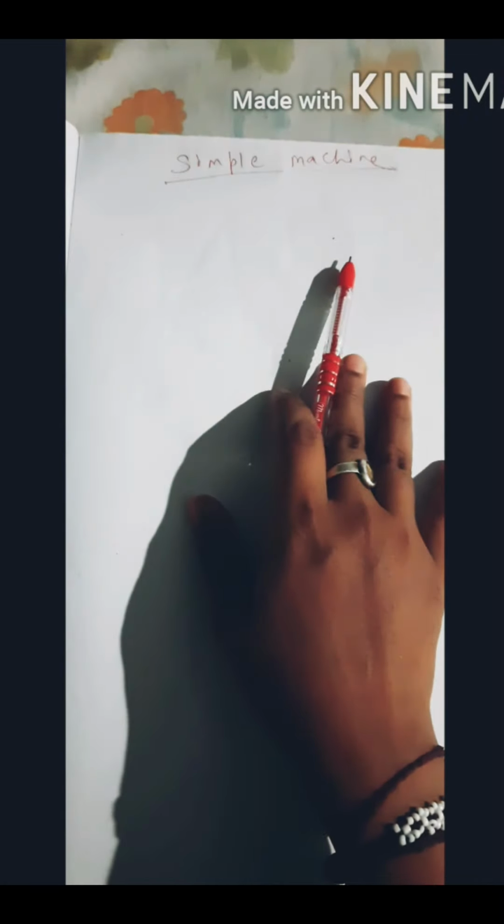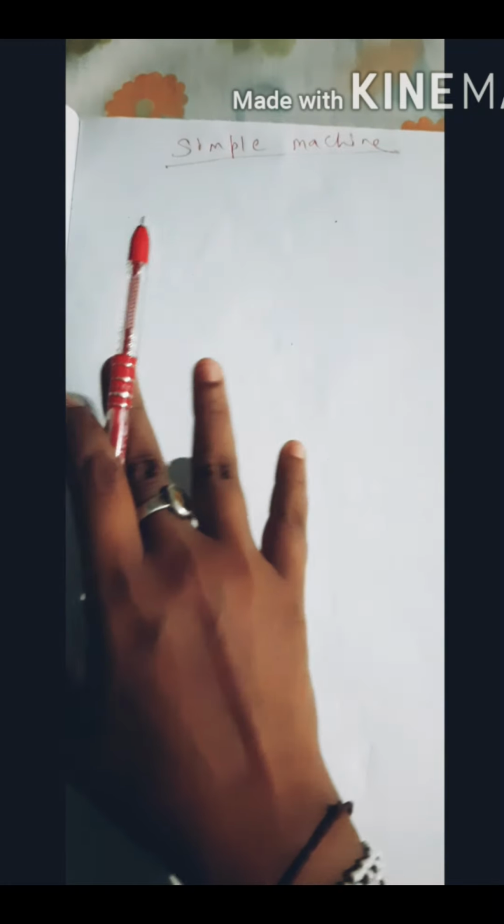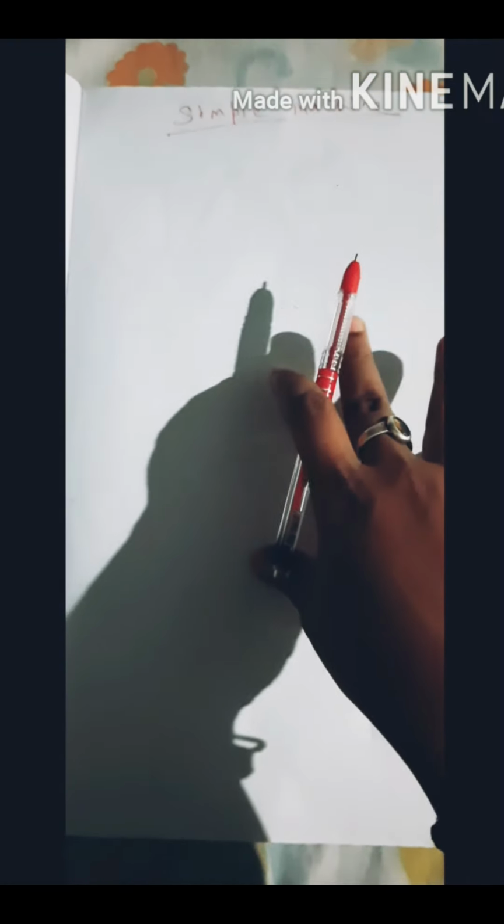Simple machine is basically a device which reduces human effort. So you can do more amount of useful work by applying very little amount of effort. So this simple machine does. So I will write the definition of simple machine. So simple machine